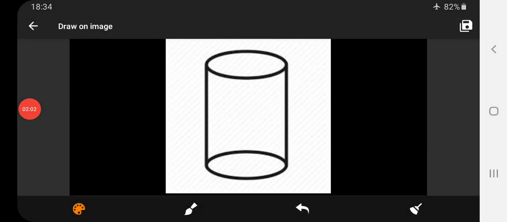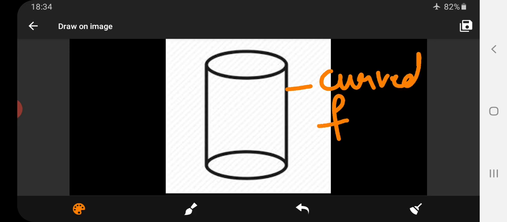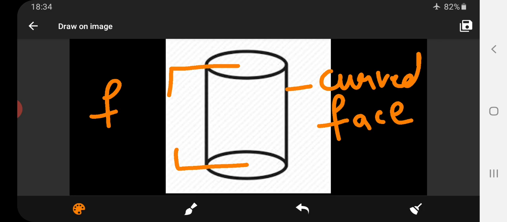Now let's see what a cylinder consists of. So a cylinder has this curved face, and these two circles are the flat faces.